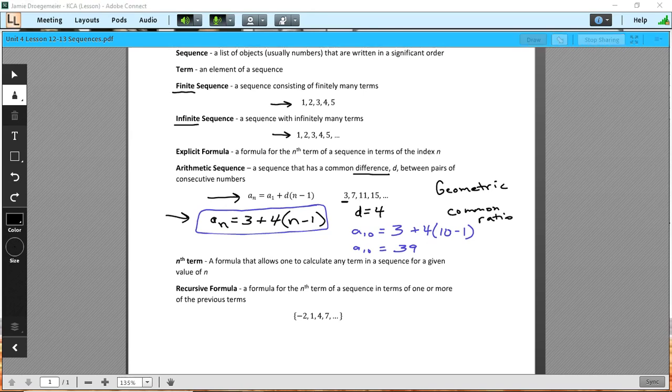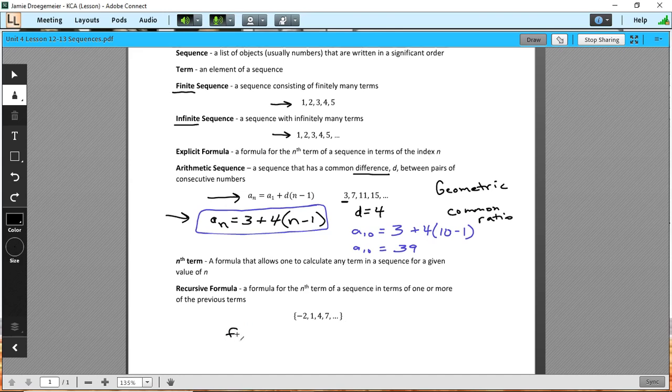The last topic that we're going to look at are recursive formulas. And recursive formulas are a little bit more difficult to work with than explicit formulas, because you have to use, as it says there, one or more of the previous terms to be able to create the formula for the nth term of the sequence. So what we're going to do with a recursive formula, so I have my sequence listed here,